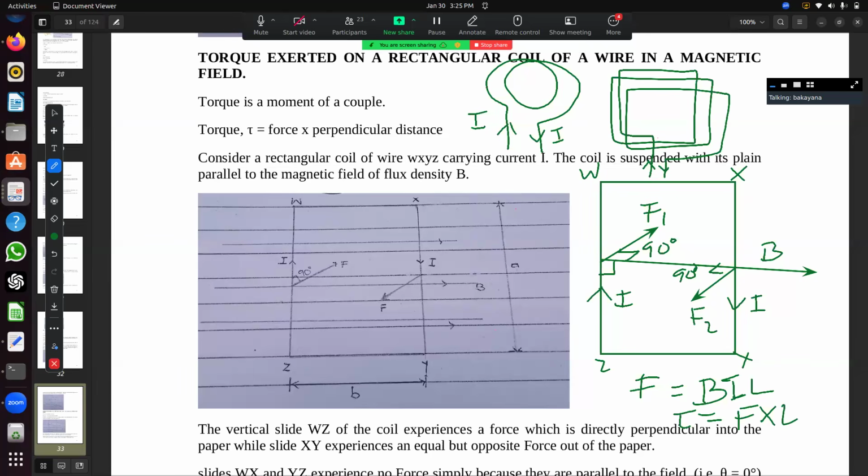Now, if we let A be the width and B be the length of the coil, our torque, which is the force times the perpendicular distance,